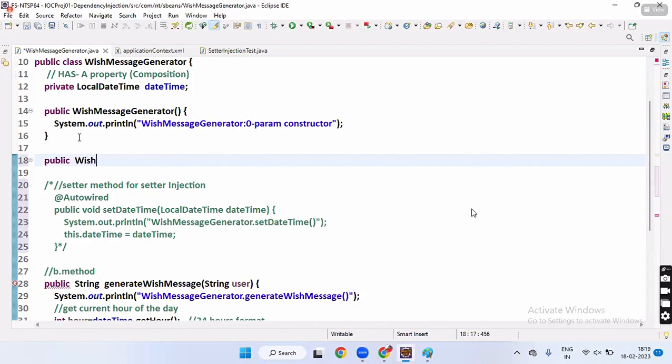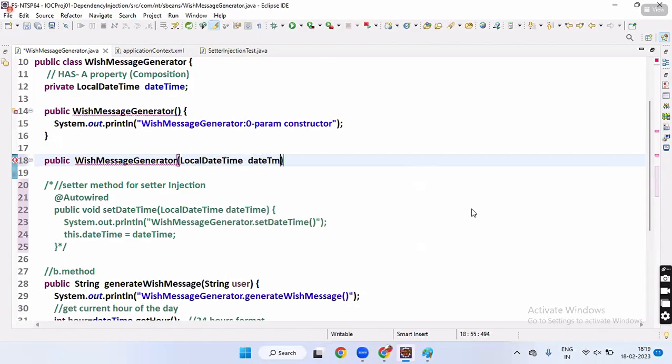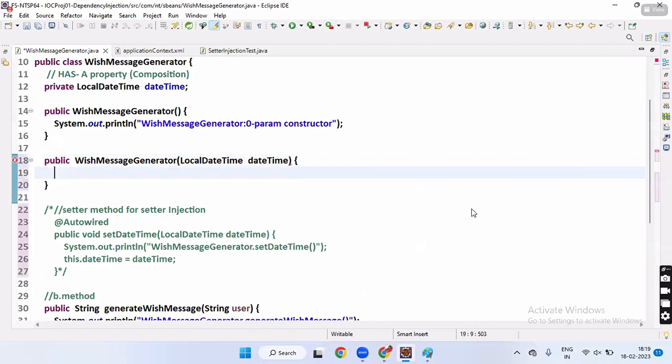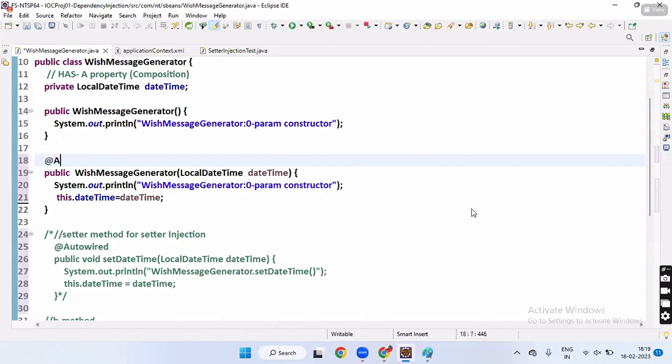Yeah. Wish message generator. LocalDateTime. Parameterized constructor, boss. this.dateTime is equal to dateTime. To give the feeling whether it is executing or not, I will try to write one SOP with a message. Zero param constructor, what, guys? Okay, how to tell that this constructor should be used for autowiring, guys? @Auto